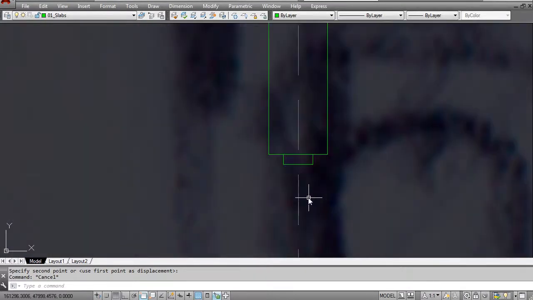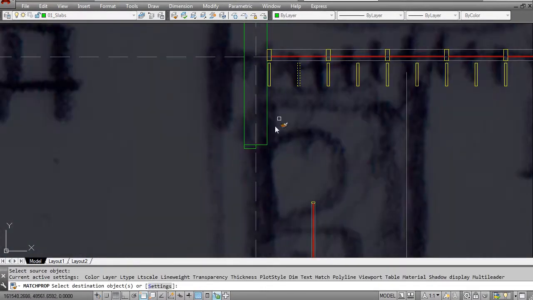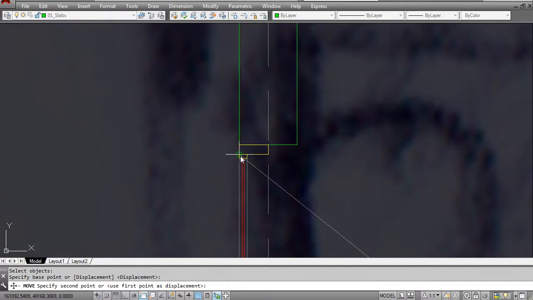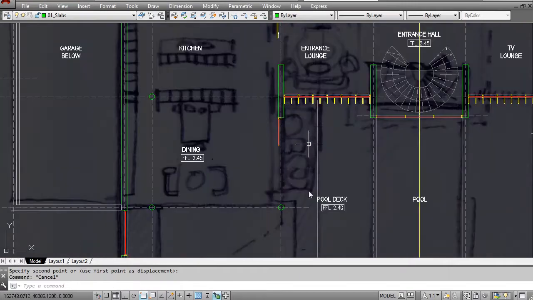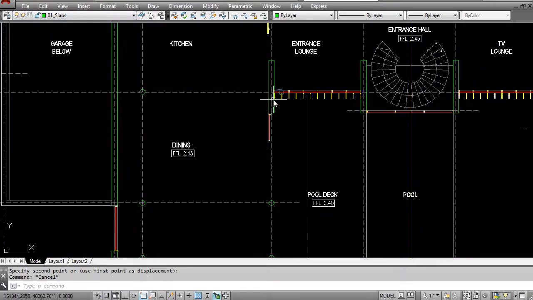So we can just have a look and try and understand what that language is. I'm going to move it right back to here, use a similar line type, so match properties, and then just go and copy that across. Instead of working with this underlay, I more or less understand where my glazing line is, so I can go and turn off this image underlay, and I'm just going to continue with this glazing line off camera